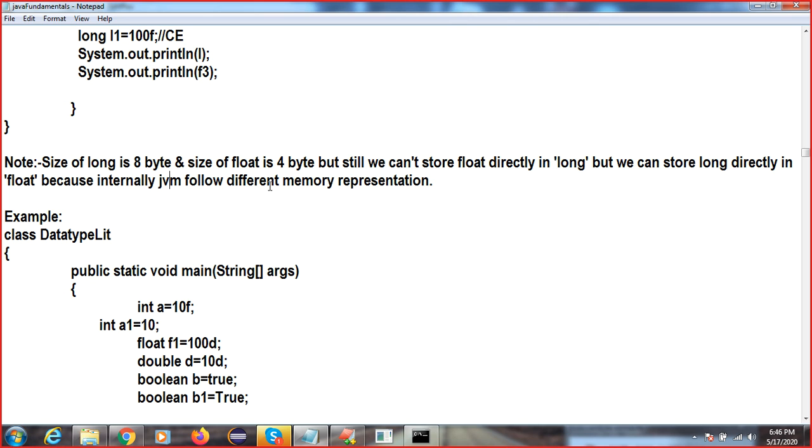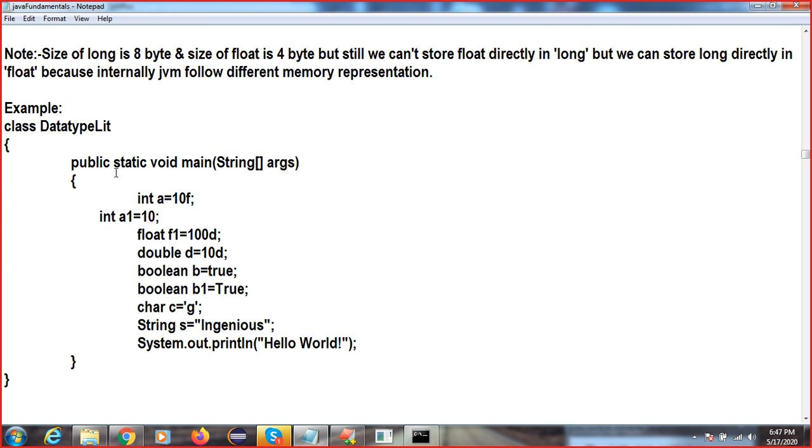When you write anything, all the data is stored in the Java virtual machine. In the Java virtual machine we have different memory areas allocated: heap memory, method area, and so on. I am not going into JVM architecture, but because of the JVM memory representation this happens.